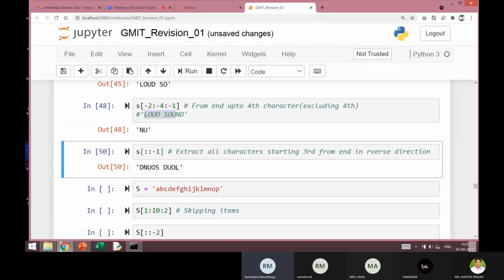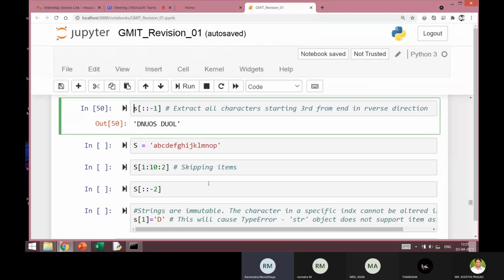If you read from the end, LOUD space SOUND. So this is a very simple mechanism by which I can reverse a string. Reversing a string can be very easily done using this.